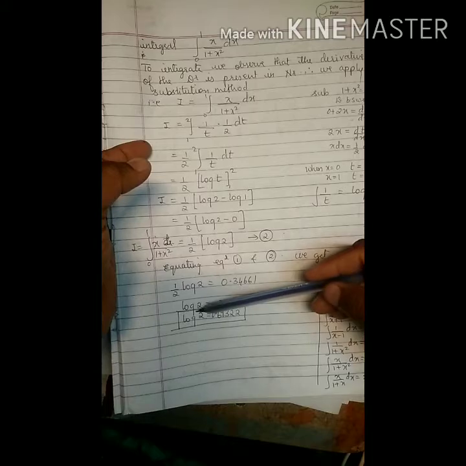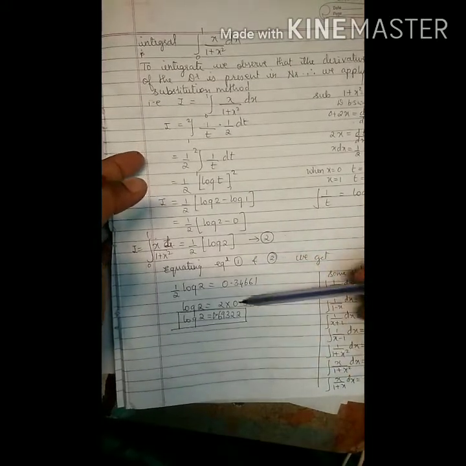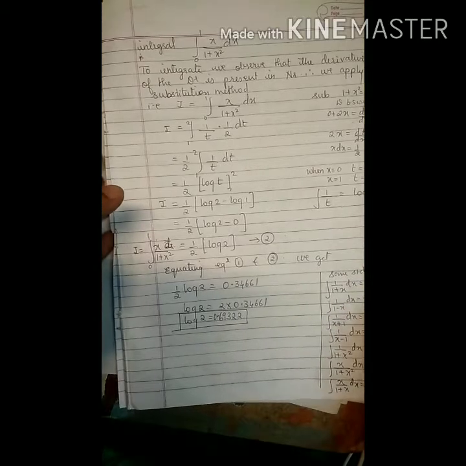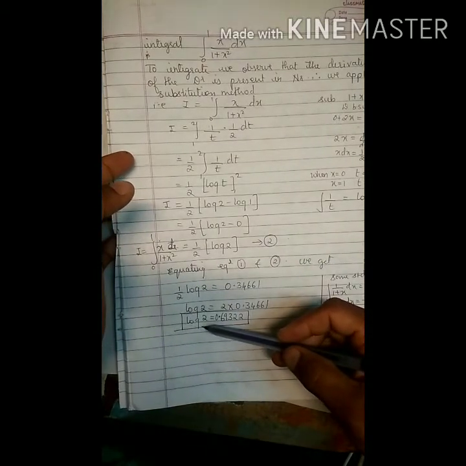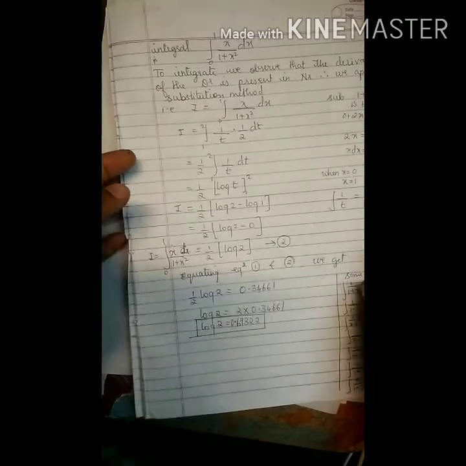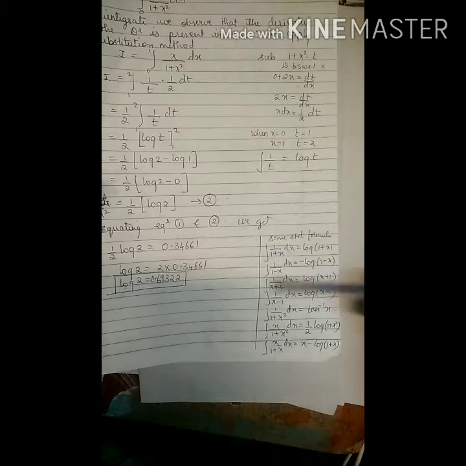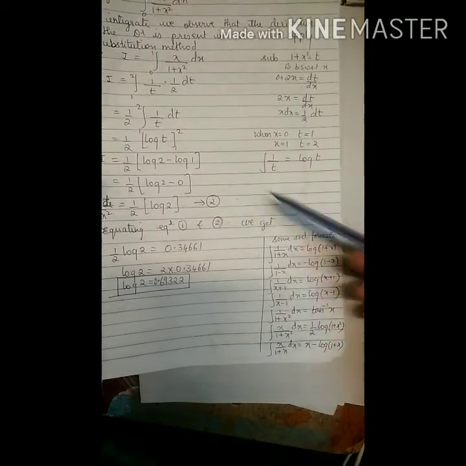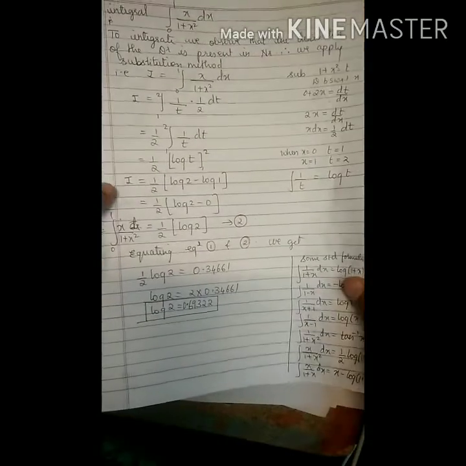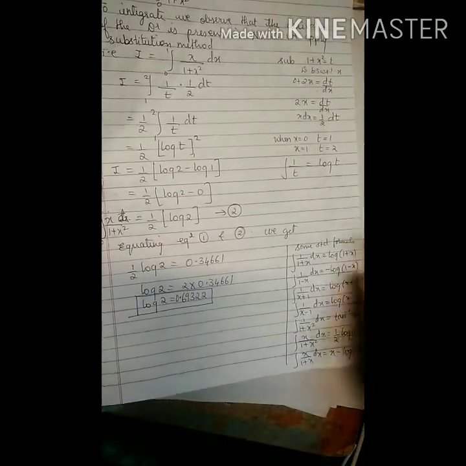Taking this to this side, we will get the log 2 value. You can check it on the calculator. This is the value of log 2. On the calculator, you check it as ln 2 because the base is e here. We have to take ln 2 on the calculator. Some of the standard integral values I have written over here. You can learn them by heart, or understand them so that you can utilize them in the problem. Many of the problems will come in this format, so you can go through these standard formats.